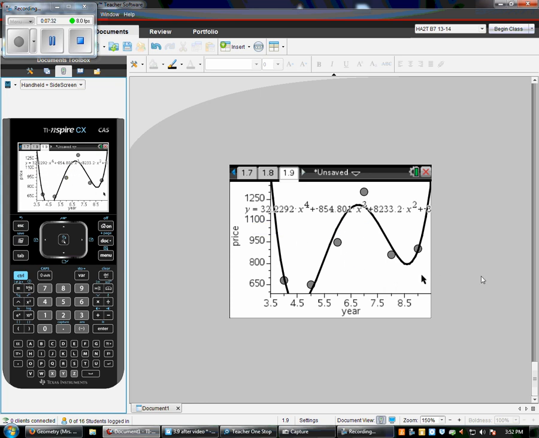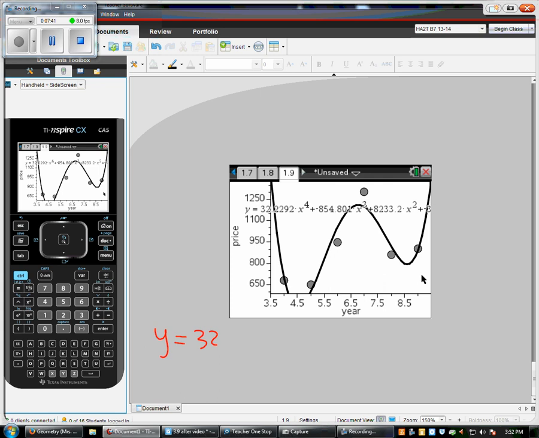So it looks to me like our answer for this problem would be y equals 32.2 x to the fourth, plus a negative 854, so I'm going to write minus 854.8 x to the third plus 8,233 x squared. It looks like plus a negative something, so it's minus something, etc., etc. And